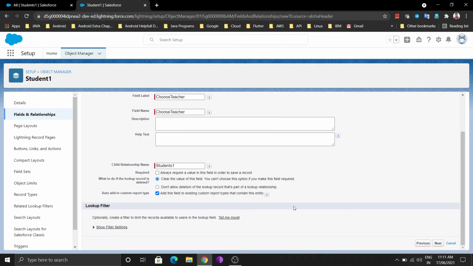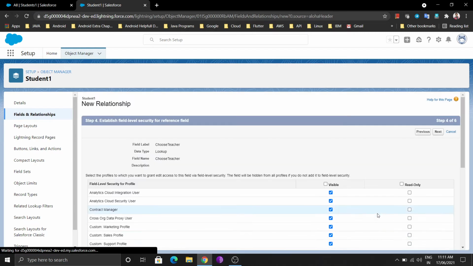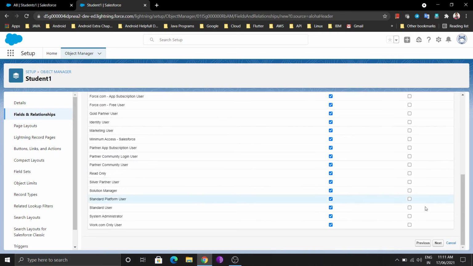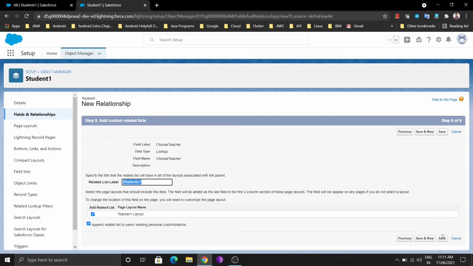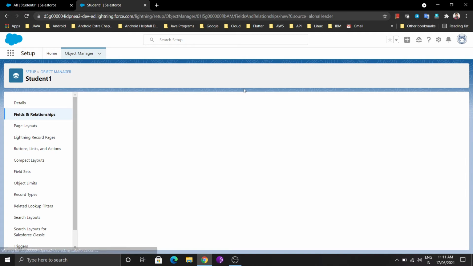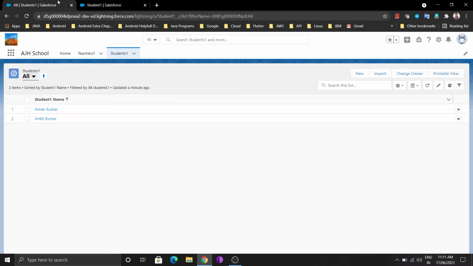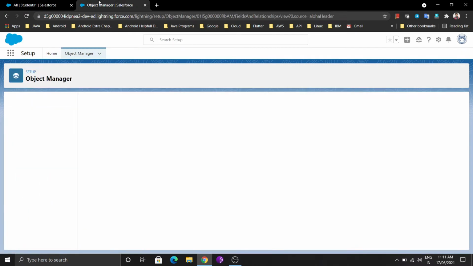And the required field I already explained. So just click next. Then you have to select some field level security, click next, and next, and save it. So our lookup relationship on the student object is created.